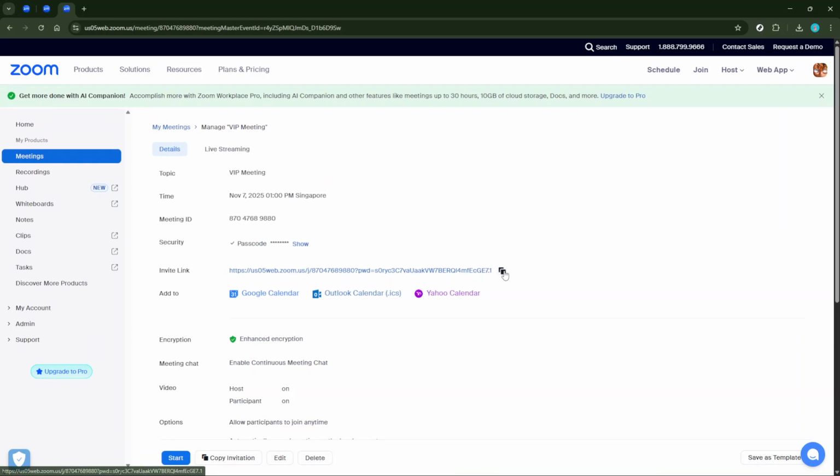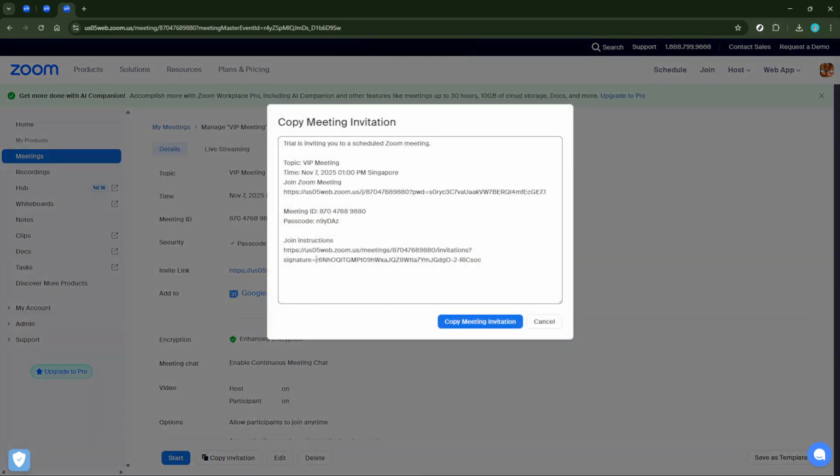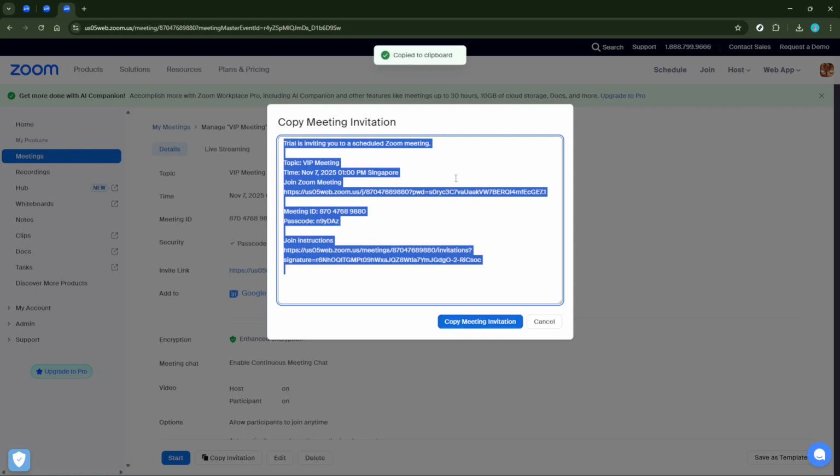You have a couple of options here. You can copy the invitation link and share it via your preferred communication method, maybe a messaging app. Alternatively, you can send the invite directly through email by selecting the email option provided. Finally, it's time to send this link or invitation to the people you want to join your meeting. You might want to include a note or context about the meeting in the email or message for clarity.